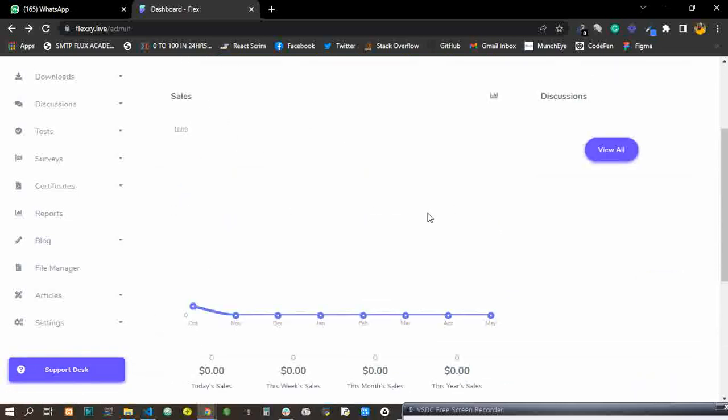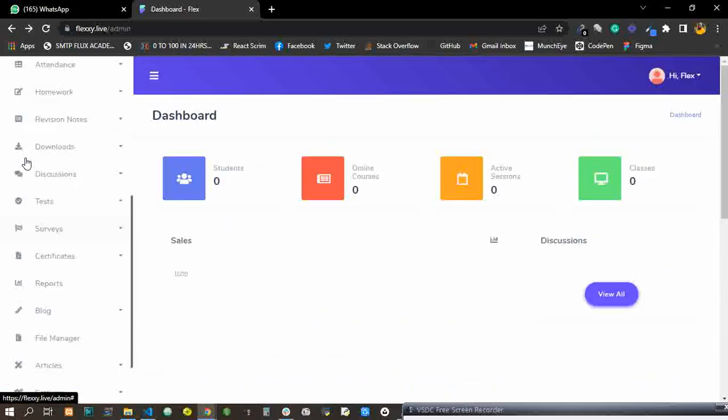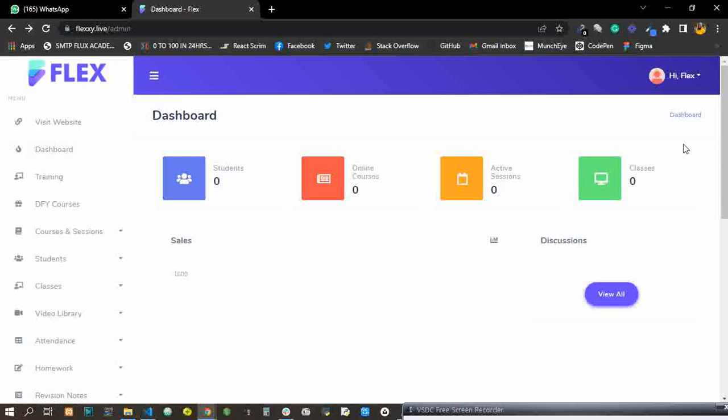All right, so these are the details that have been provided on your dashboard. And in the next video, I'm going to be going into details about each of all these things that we have here. I'll be touching some important aspects of them, and then I believe that when you're done seeing all these videos, you will be good to go with the Flex